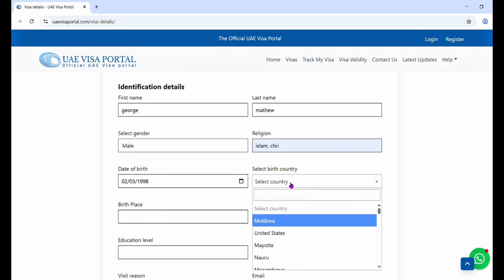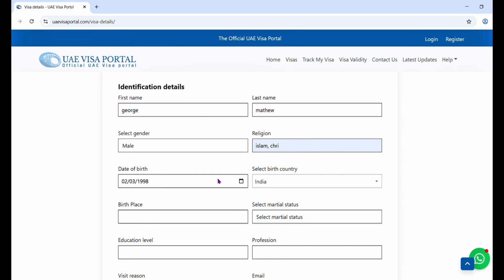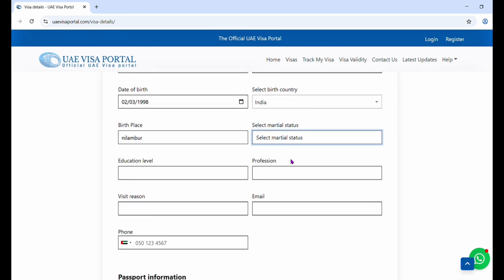Then your birth country, where you were born, and your birthplace, which will be mentioned in your passport. And your marital status, whether you are single or married. And there is one more option, education level and your profession.